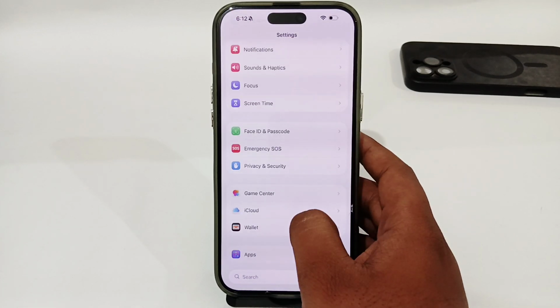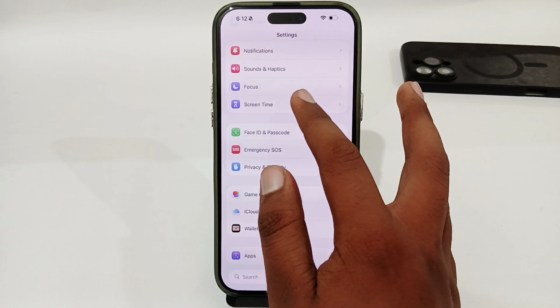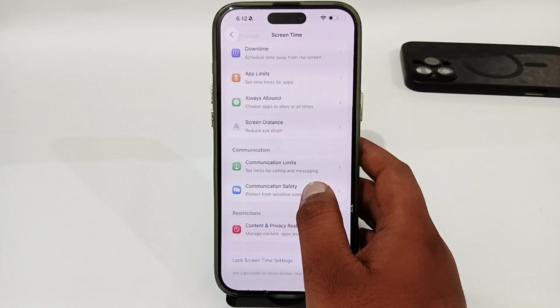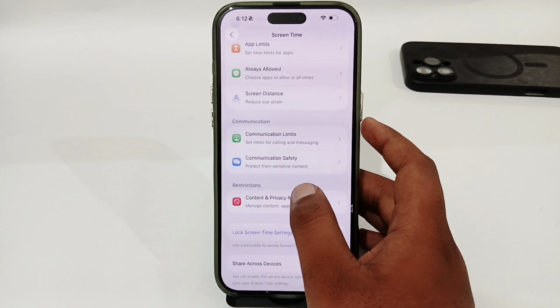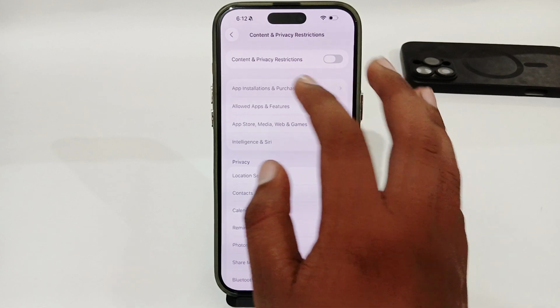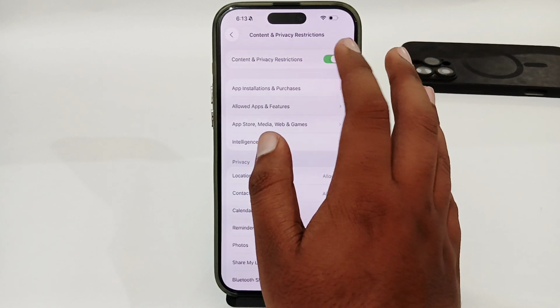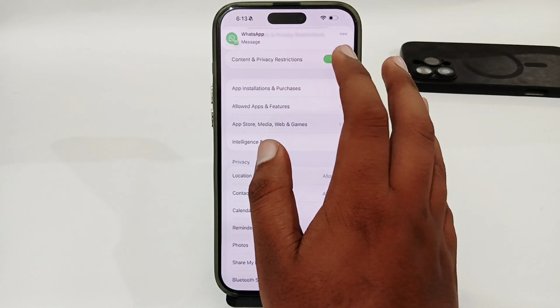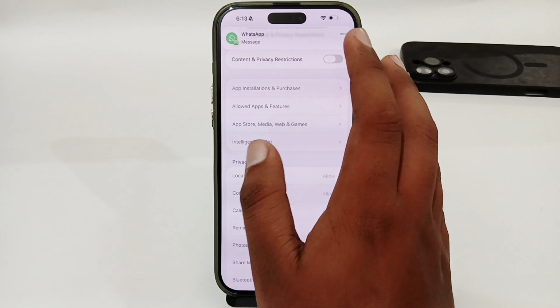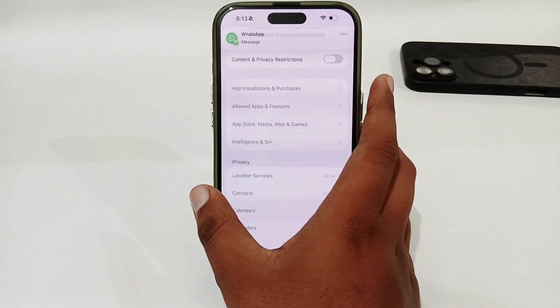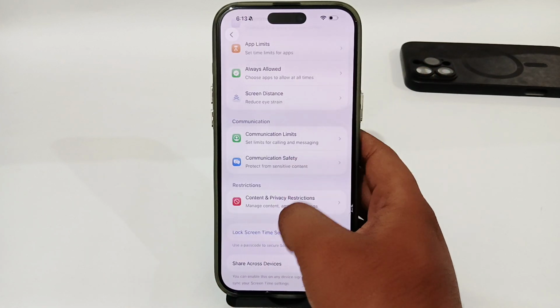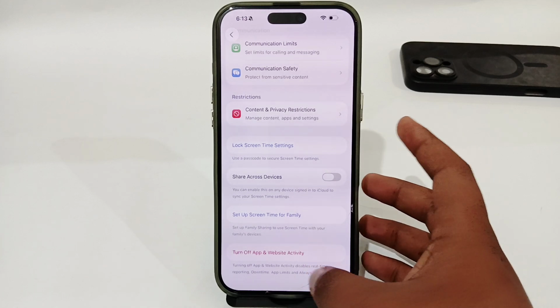you just have to go for the Screen Time option, tap on it, and here select Content and Privacy Restrictions, and make sure that you have disabled all the restrictions, or if you have enabled them, you just have to disable all restrictions. And once you have disabled them, you have to go back, and here you have to look for this Turn Off